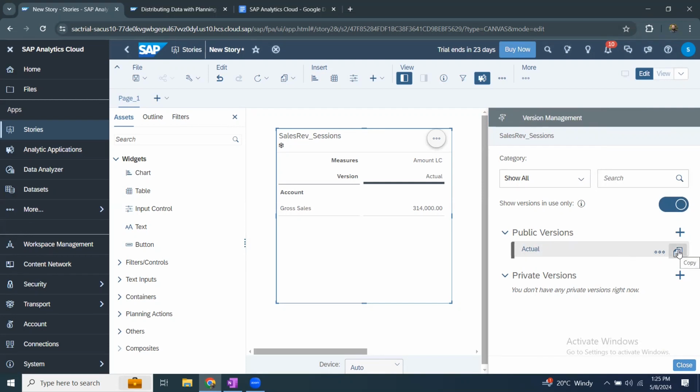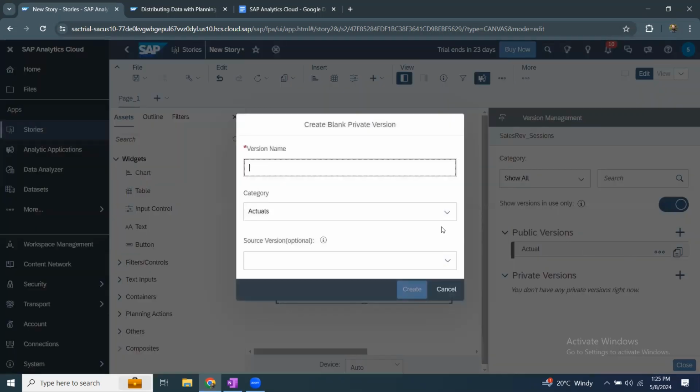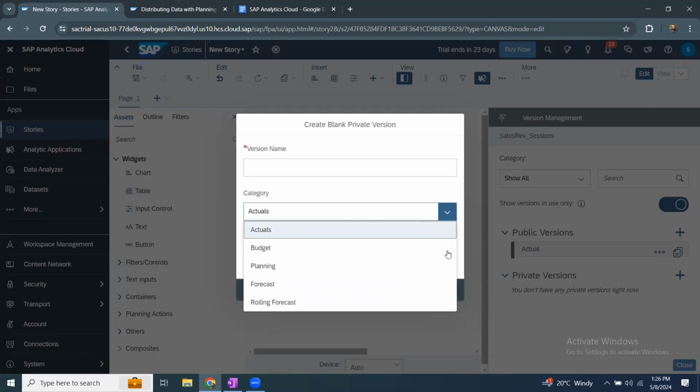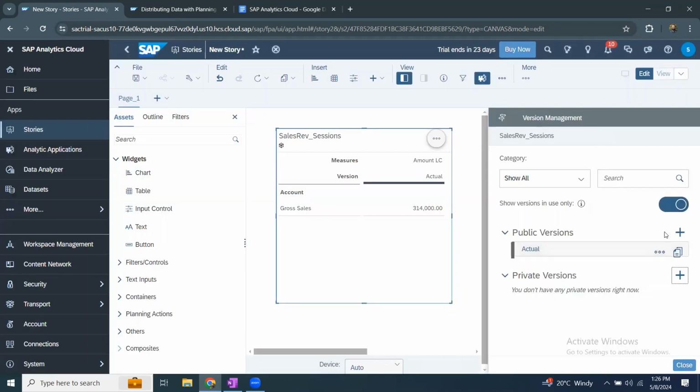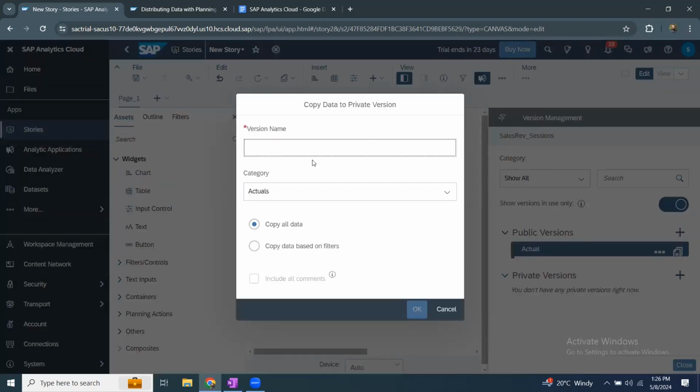What I can do, I can say copy, or I can create a private version directly from here as a copy from category actuals. Sorry, as a fresh one. But what I'm going to do, I'm going to take the values from actuals and put it into my forecast version. So for that, I will be creating it as a copy of the actual version. So I'm going to say